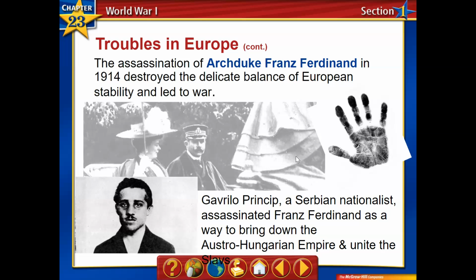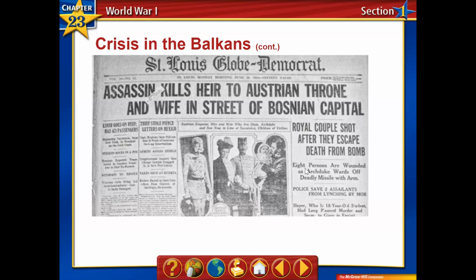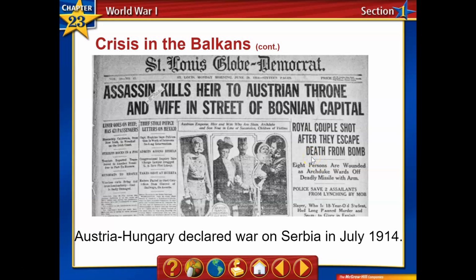Now, keep in mind, the alliance system, militarism, nationalism, and certainly ethnic groups vying for more independence have already caused tensions. But that event is really what is going to light the powder keg, so to speak. So what does that mean? Well, about a month after the assassination, Austria-Hungary decides that they're going to declare war on Serbia. And that happens in July of 1914. And that begins what we would basically call a chain reaction